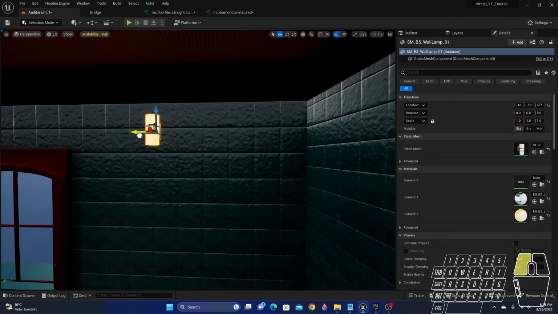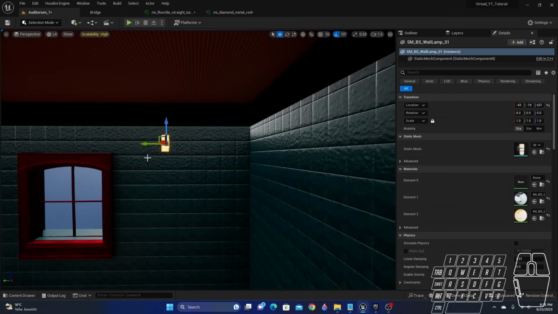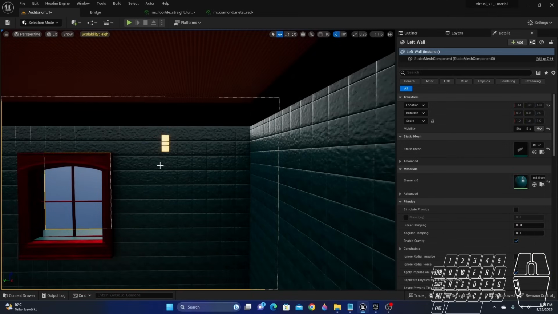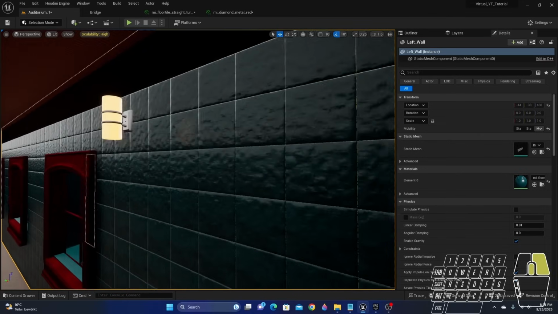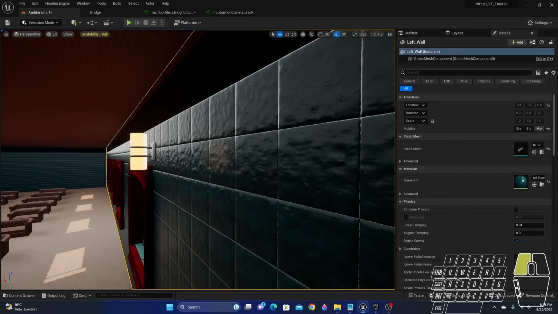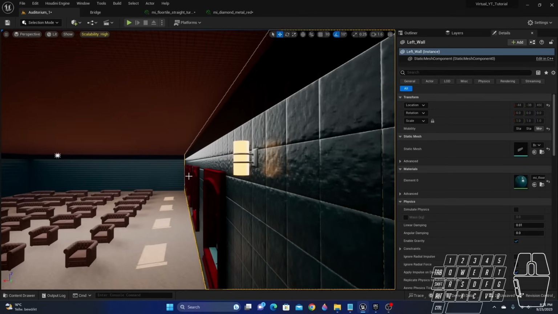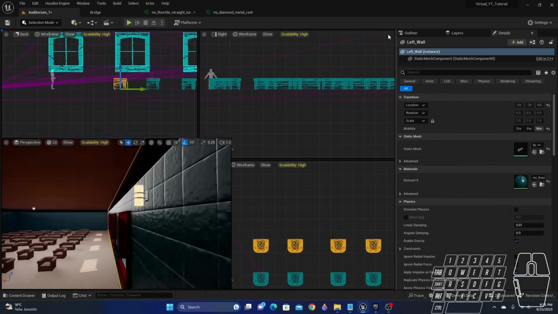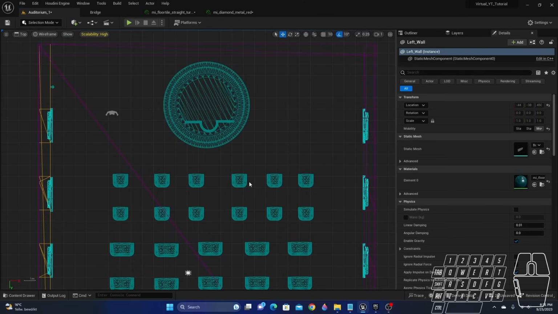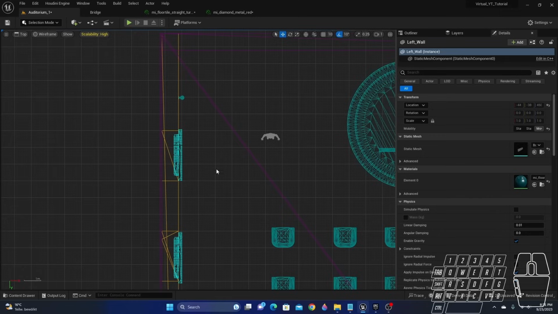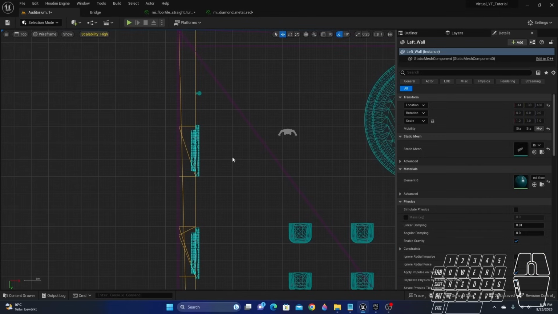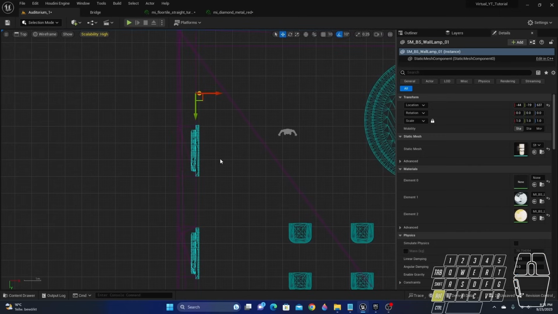Okay. Can start from here. Go to the top view. Select this, Alt D,